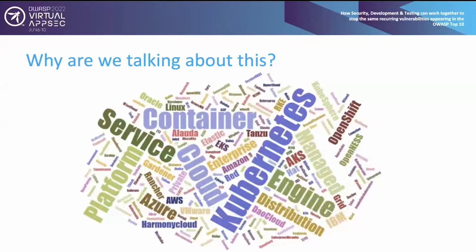Now, another thing that we need to highlight, that we need to focus on, is that across the cloud ecosystem, across the cloud space related to Kubernetes, there are lots and lots of different vendors, lots of different distributions. And all of those different distributions do some things kind of differently. So when we're talking, for example, about container security, we have to keep in mind that it will vary slightly between different installations, different distributions, such as Kubernetes distributions across different cloud vendors, and they will all be slightly different in how they handle things, especially at the lower levels.